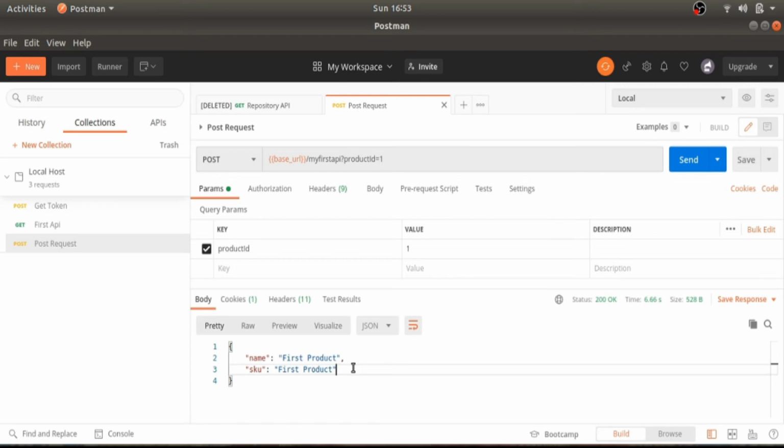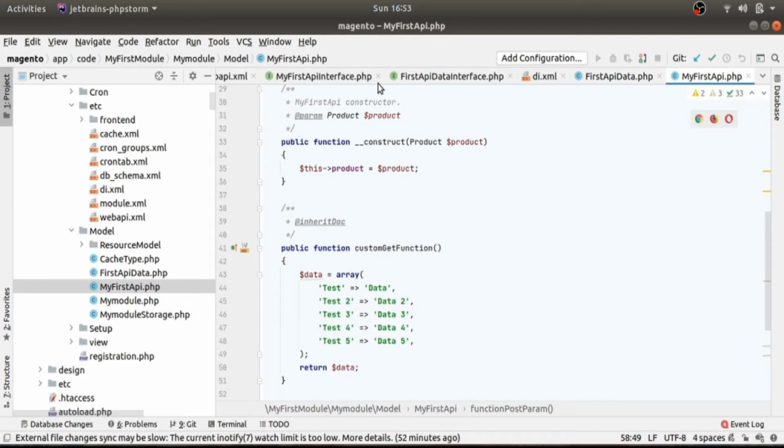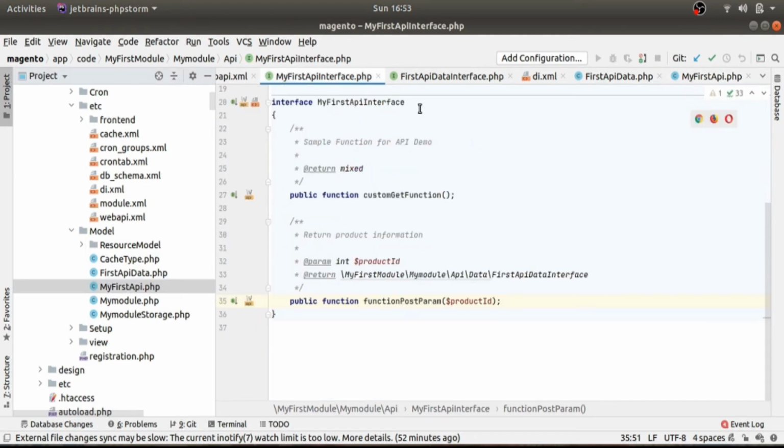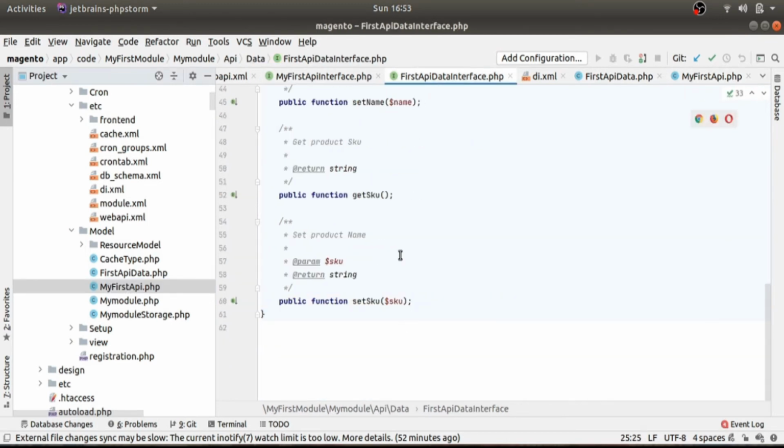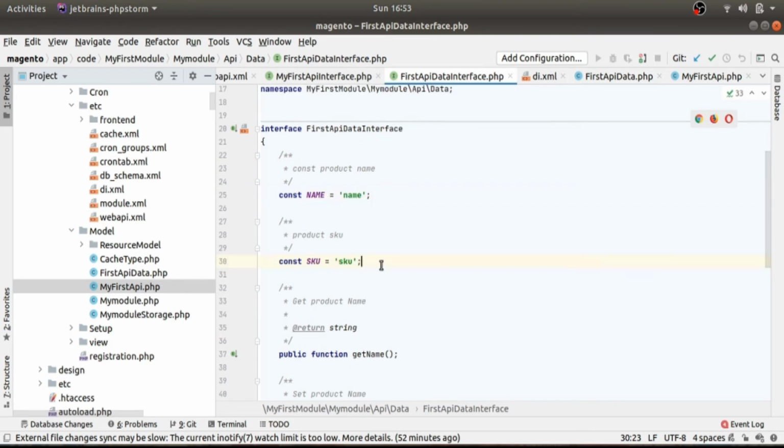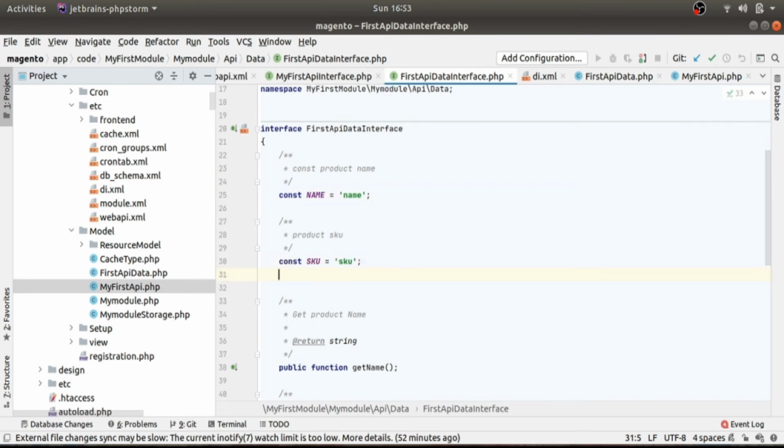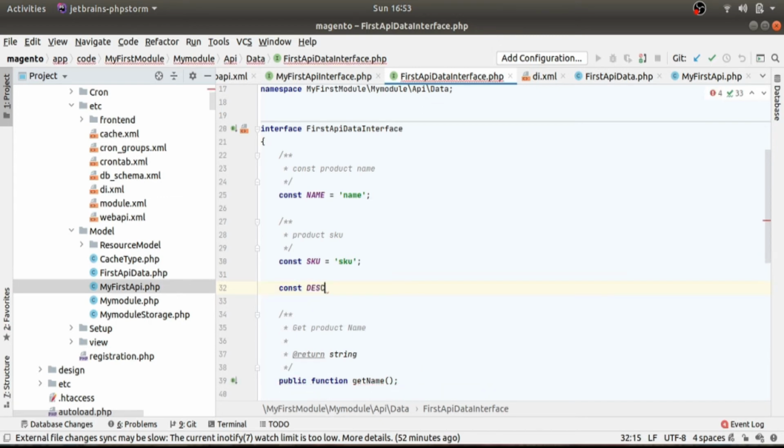Let's try the same process with another attribute. Let's take description for example and add it in our API response. To do this, we don't need to update our postParam function. Rather, we just need to add a getter and setter in our data interface, and we need to implement those getter and setter in our data model. Define the constant. This constant holds the value of the attribute code.